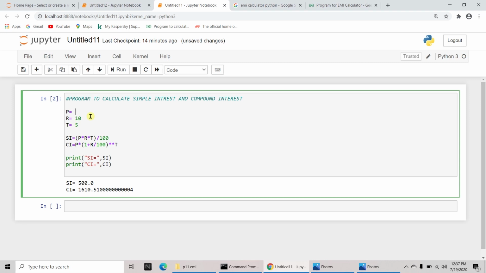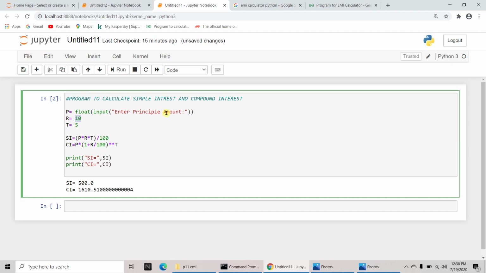The principal can be a float. It can contain decimal values also. So that's why I have written float. Whatever string we are getting, we'll convert to float. So the input: let me say here, enter principal amount. The same way I'll copy this.